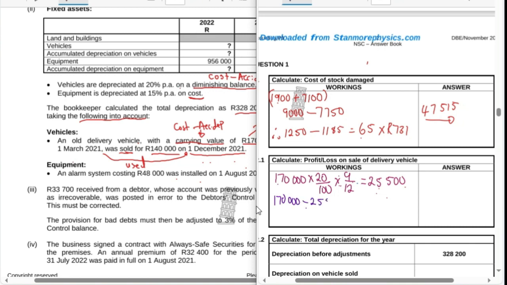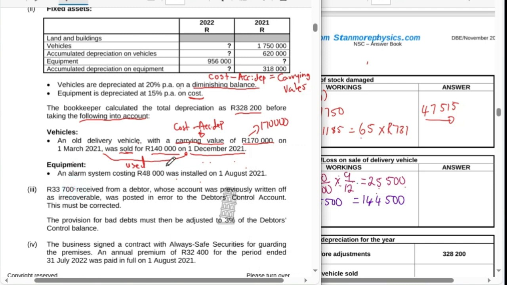The depreciation amount, because we've been using this vehicle. And then whenever we want to sell this vehicle, it must be sold at how much? It must be sold at 144,500, meaning during December, the 1st of December, whenever we decide to sell this vehicle, it must be sold at this amount. So now let's find out how much we received